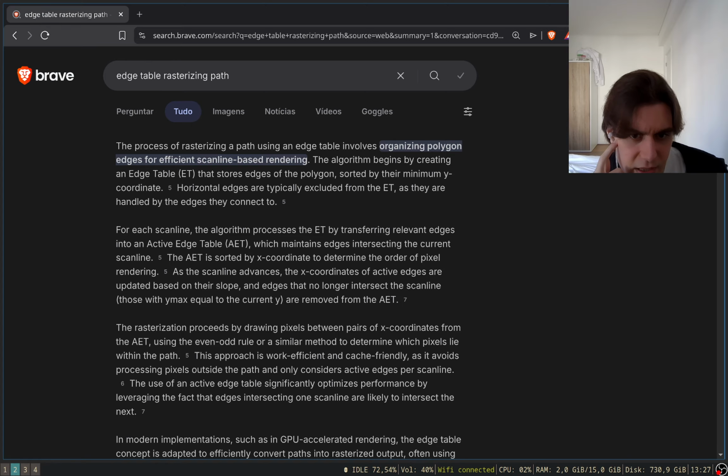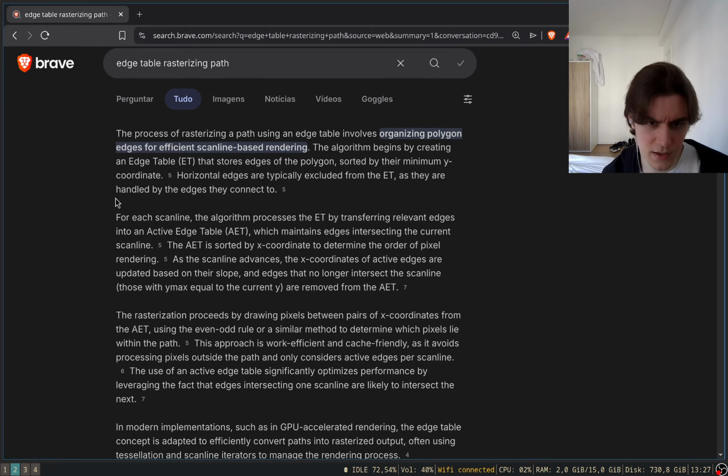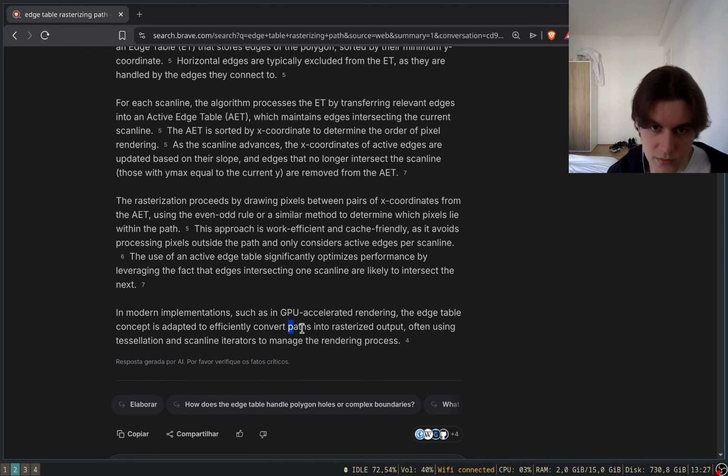The rasterization proceeds by drawing pixels between pairs of X coordinates from the AET using the even-odd rule or a similar method to determine which pixels lie within the path. This approach is work efficient and cache friendly as it avoids processing pixels outside the path and only considers active edges per scanline. The use of an active edge table significantly optimizes performance by leveraging the fact that edges intersecting one scanline are likely to intersect the next. In modern implementation,